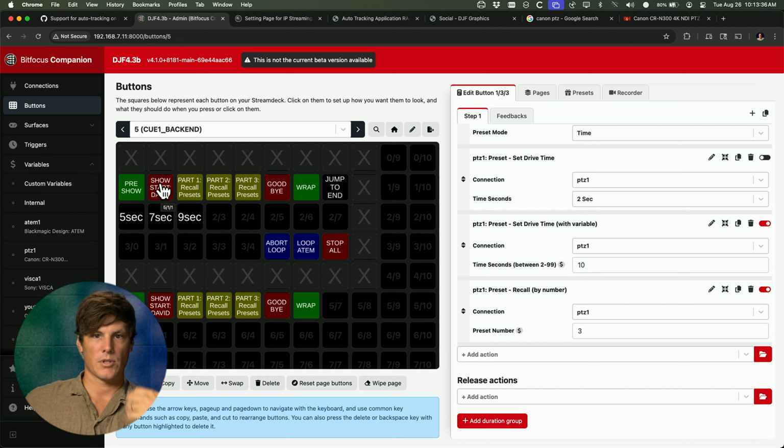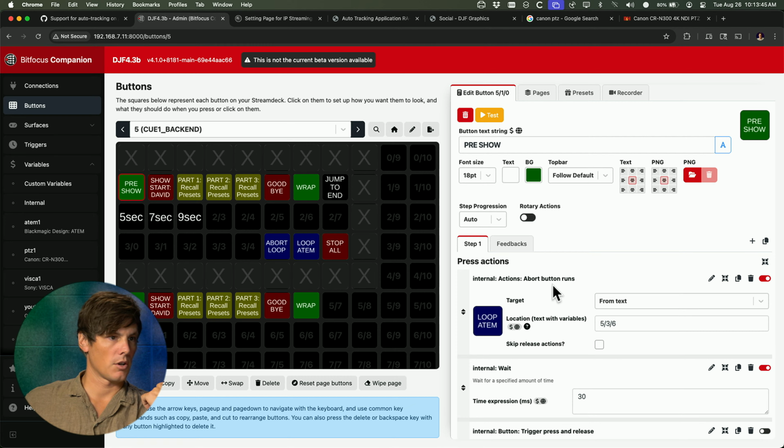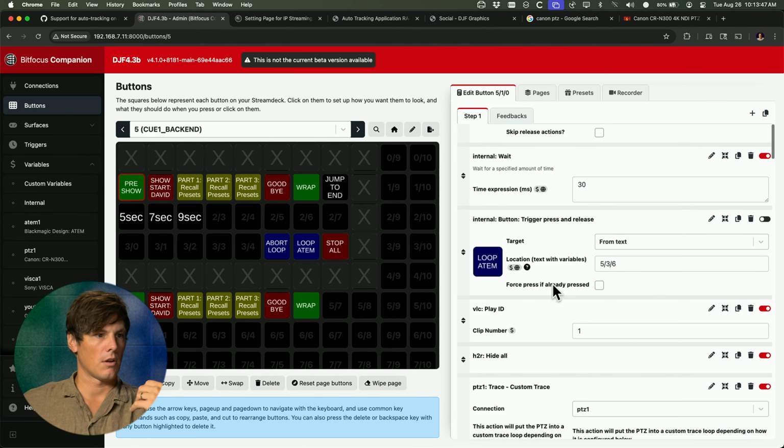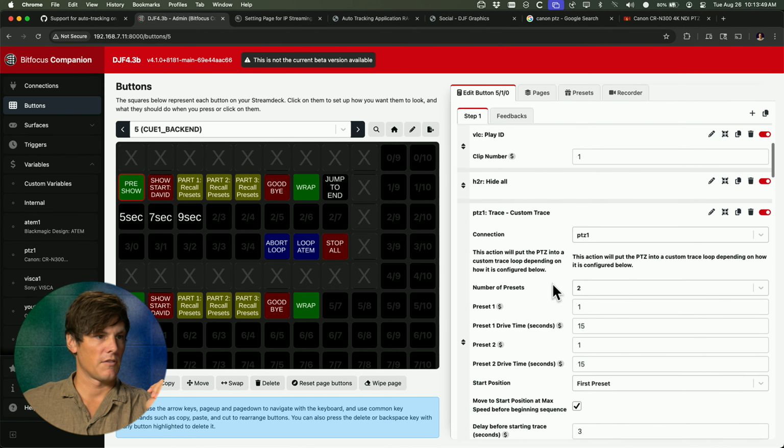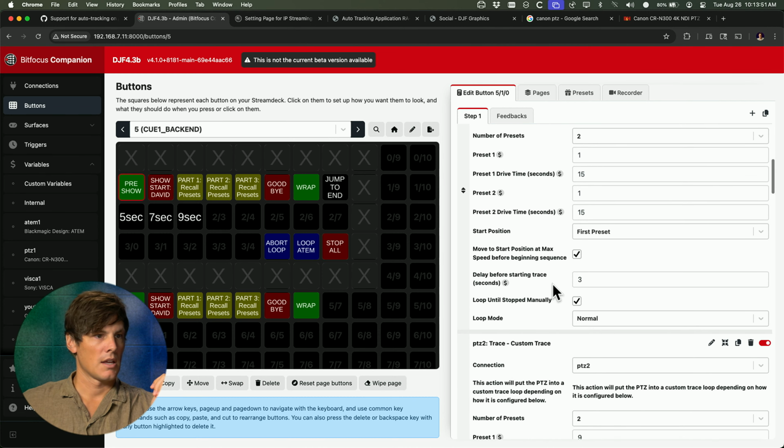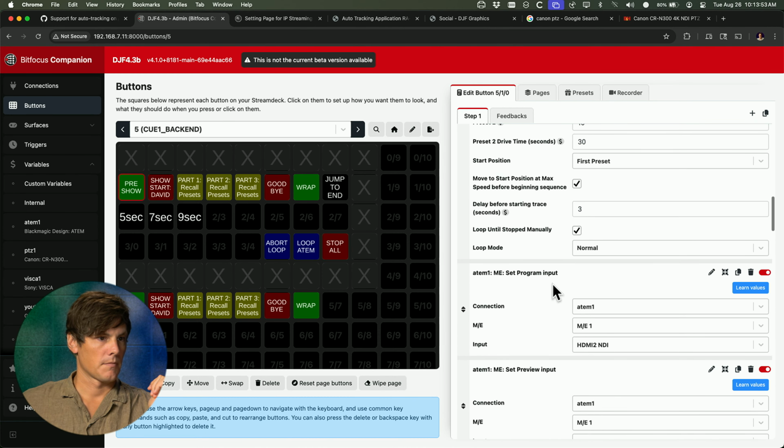Then I have a show start, which is when I say hi. And then I usually have sort of 3 segments, a goodbye and a wrap. And so it's kind of how I run it. So the pre-show within this has a whole bunch of things in terms of playing music,